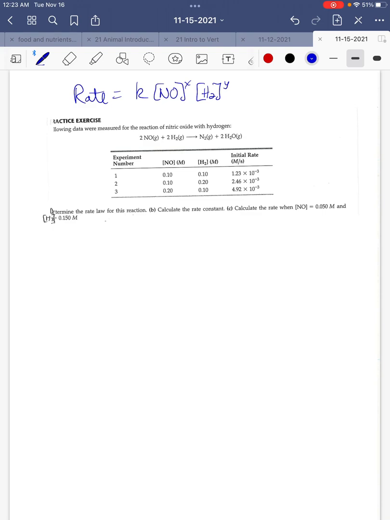So to determine the value of x, we need to have NO2 changing while H2 is staying the same. That's going to be experiments 1 and 3. This is doubling, this is staying the same, and this one is times 4, I believe. So when the NO2 concentration doubles, the rate goes up by 4 times, that's going to tell me that